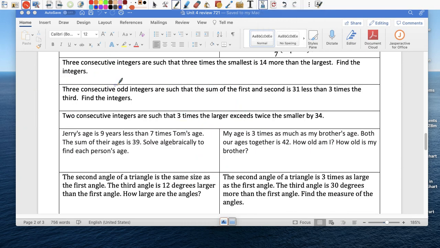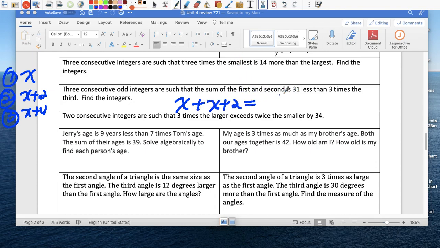Three consecutive odd integers. All right, so now x, x plus 2, x plus 4, such that the sum of the first and the second, so we gotta add the first two. Here's my first, here's my second, here's my third. So the sum of the first and the second: if I take the first one, x, and add it to the second one, which is x plus 2,